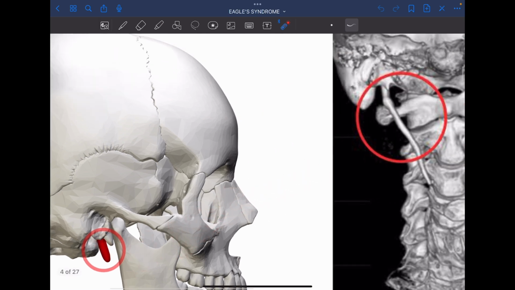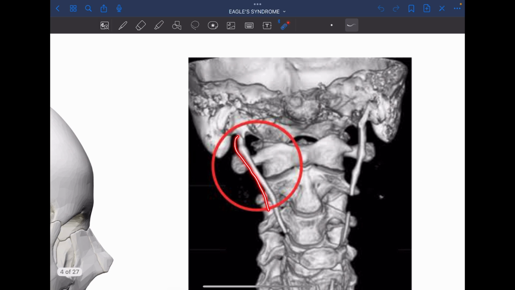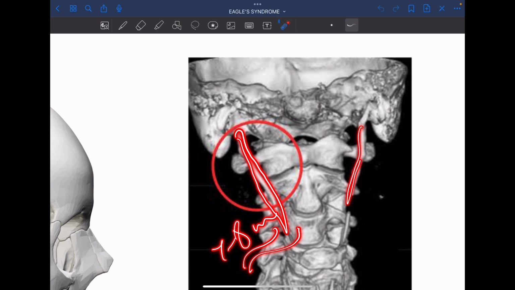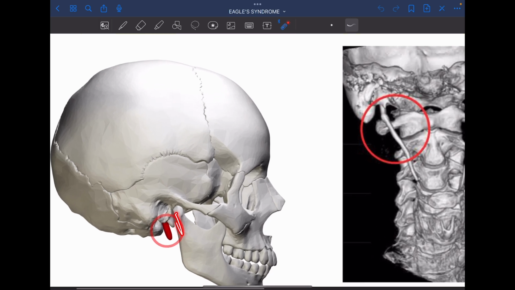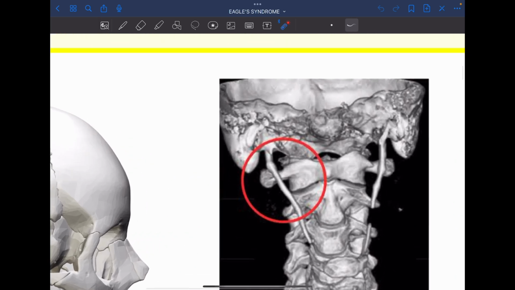However, in case of styloid syndrome, as you can appreciate here, the length is very large, right? It is somewhere between 7 to 8 centimeters, right? So this pathological lengthening of the styloid process is basically the main culprit behind the styloid syndrome. Okay, I hope you can make out the difference. Here see the length and here see the length of the styloid process. And naturally, as it is increased in length, it will definitely impinge upon some vital structures, right, leading to